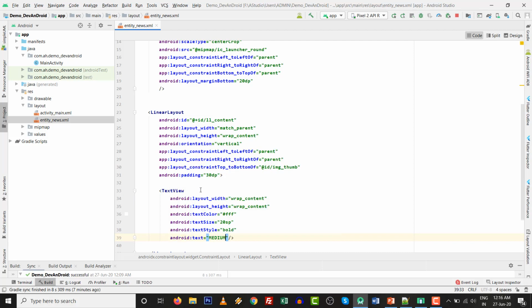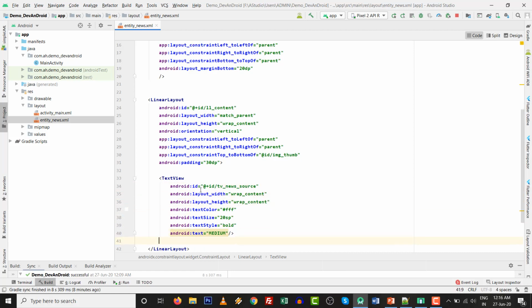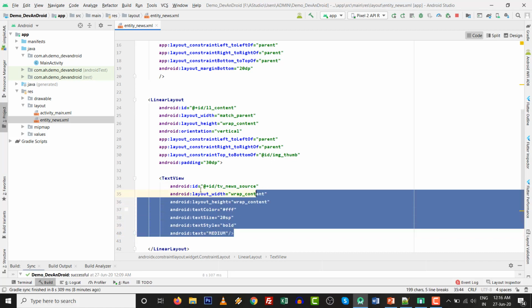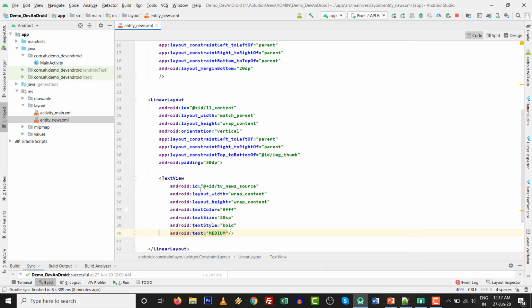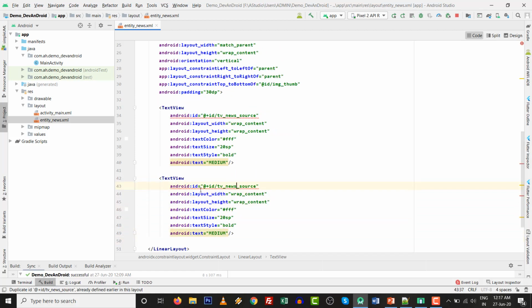Currently I am just setting default text. I set ID equals to tv_news_source. So the first thing is ready. After the first thing is completed, I Control C and Control V, just a booster part of development. So with this source I maintain it with title. So wrap content, size I increase to 25 sp, and I want to set